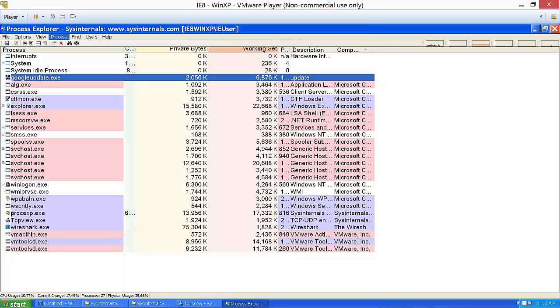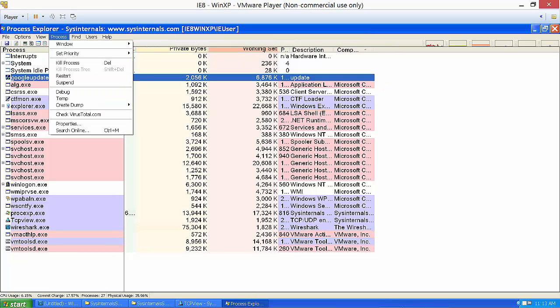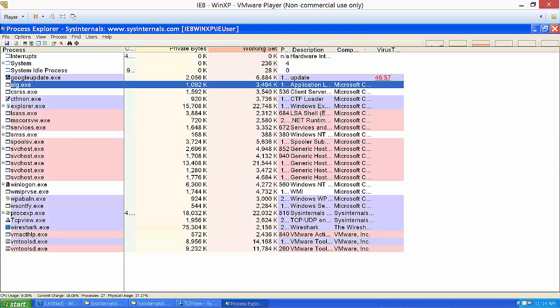Another thing we can do with Sysinternals tools is to check the files against VirusTotal.